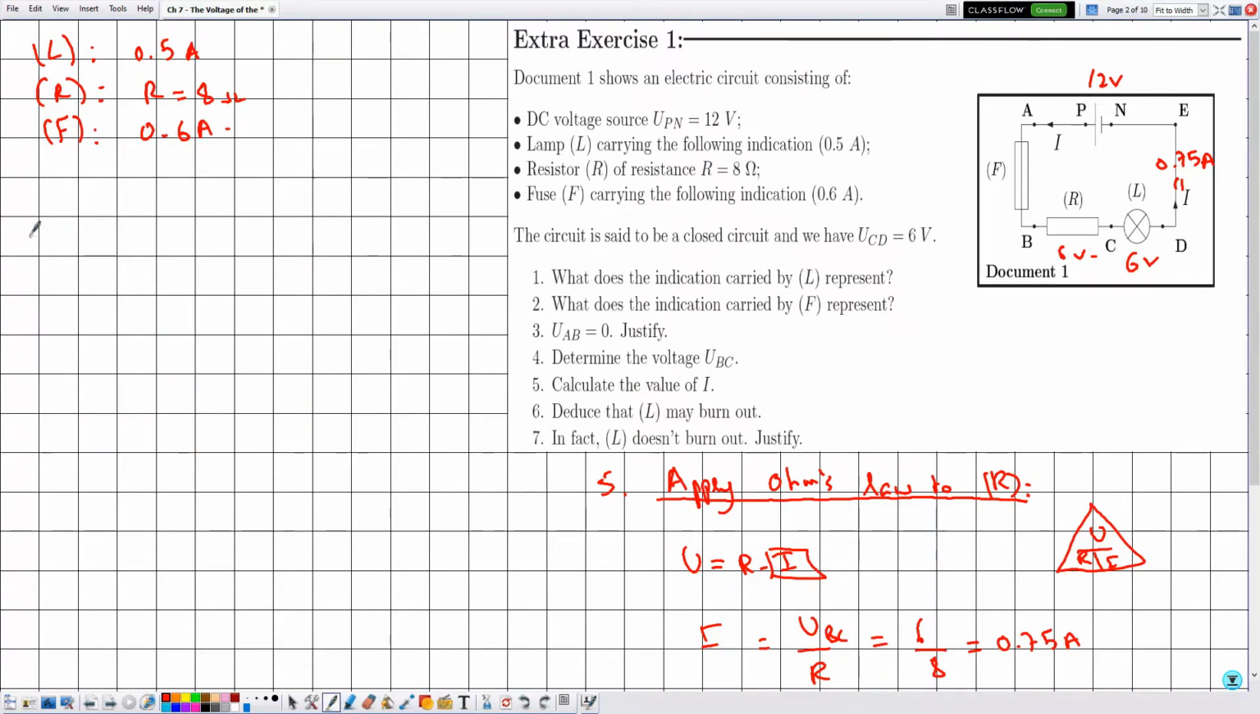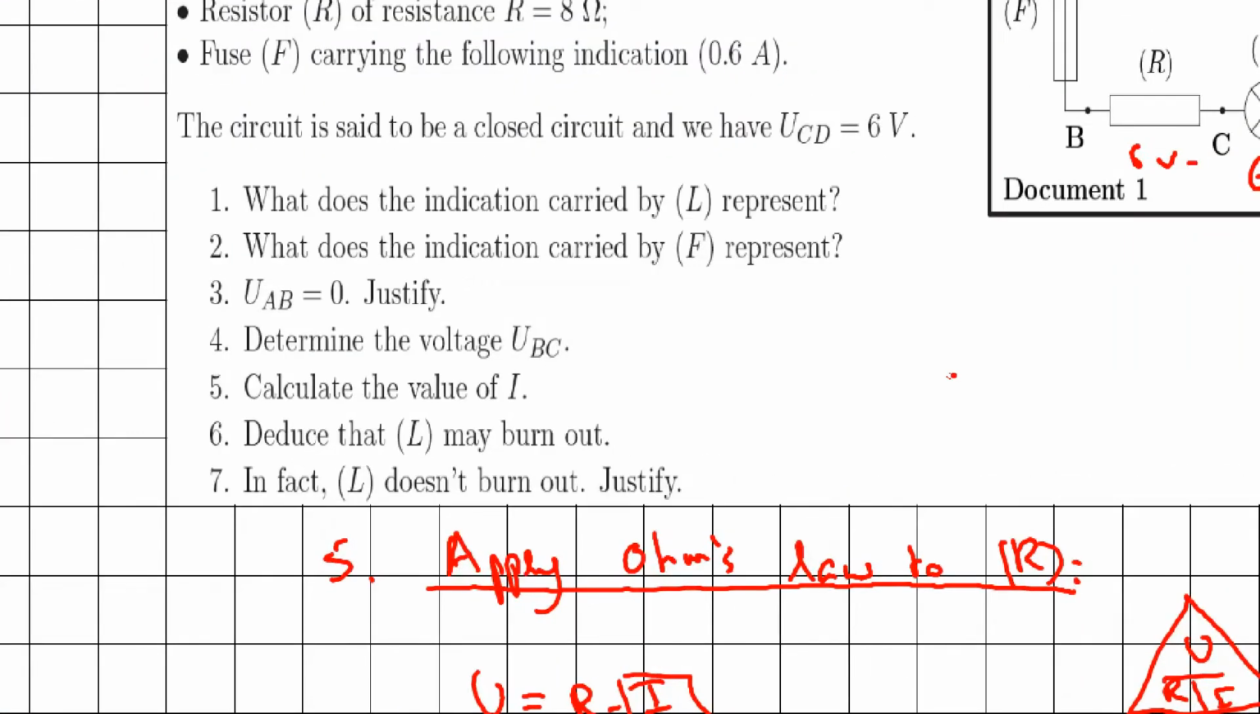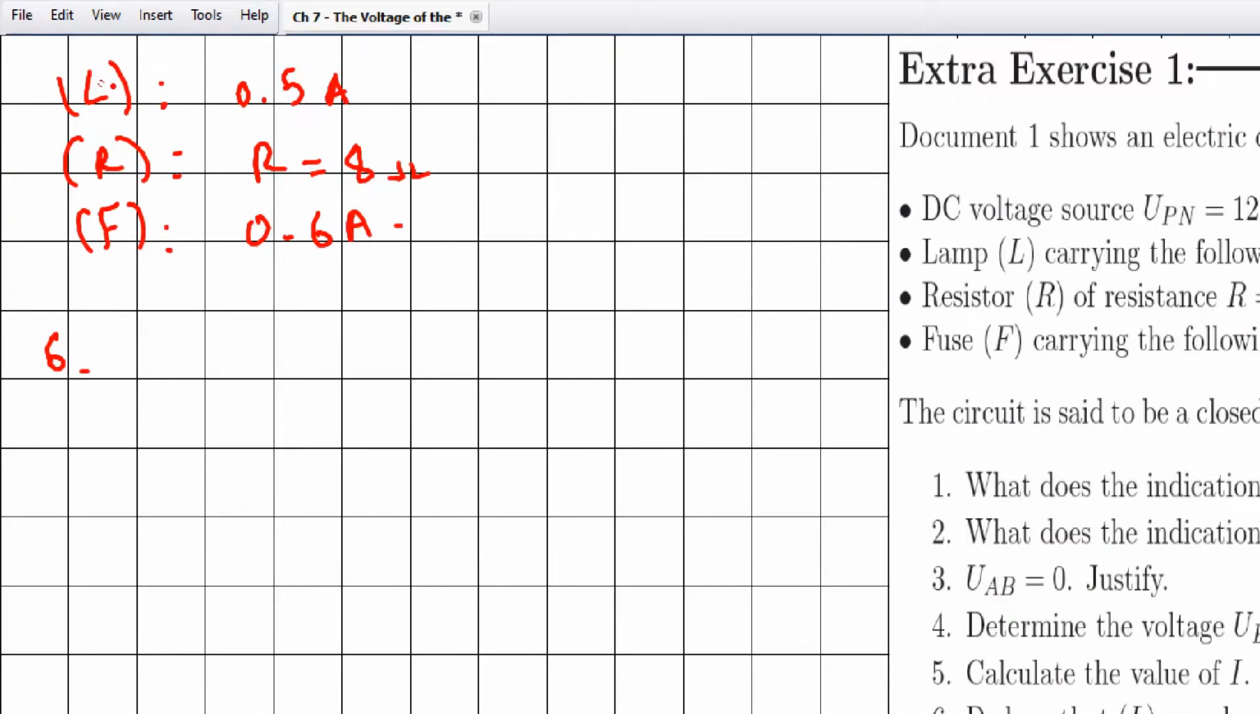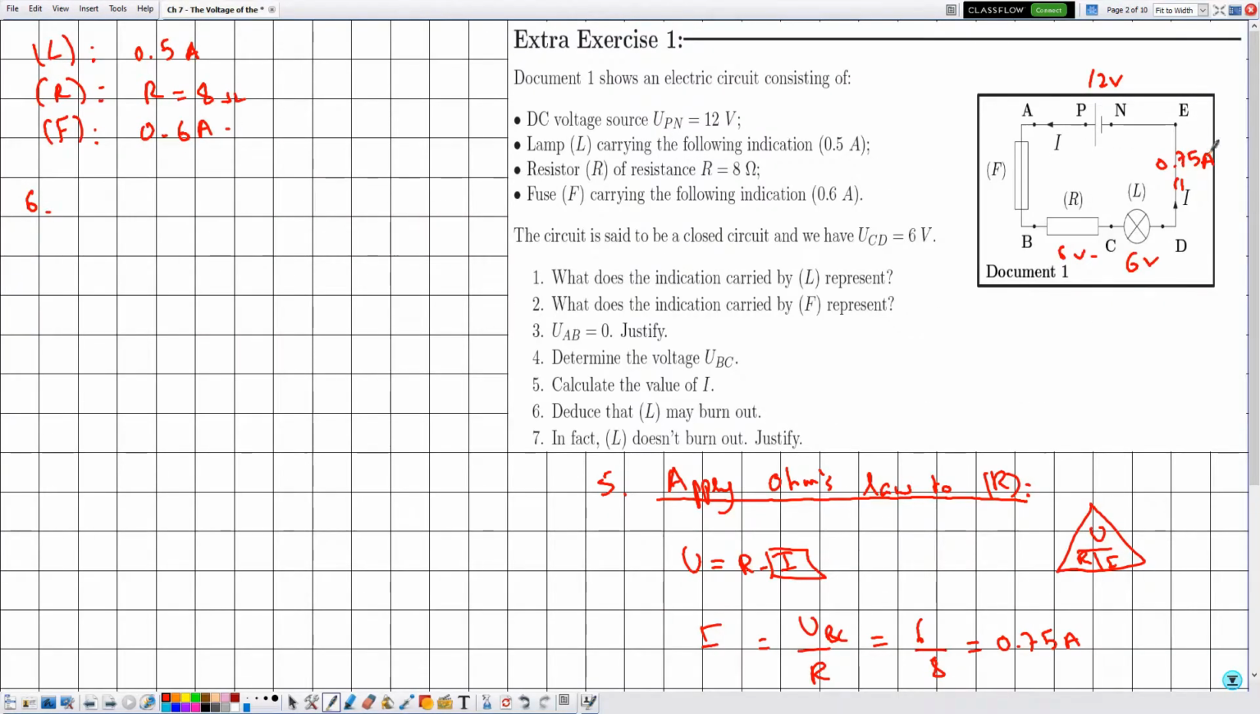Now in number 6, they are telling me to deduce that L may burn out. So the indication of the lamp is 0.5 amperes, whereas the traverse current is given by 0.75 amperes. Always, in order to describe the functioning of the lamp, we need to compare the traverse current to the rated current. So let me say since